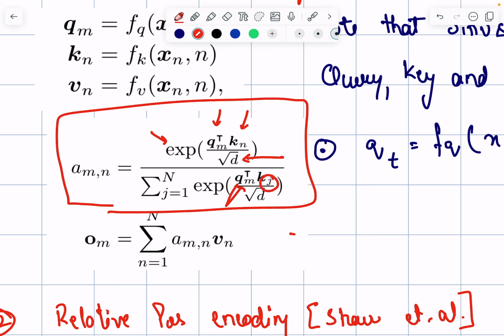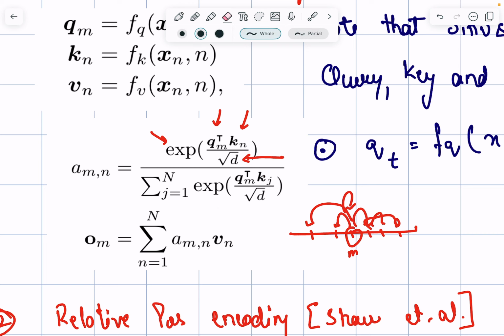Okay, so essentially what is happening, I'm just revisiting it again, is that if this is your mth query, then the mth query will have to attend on all the key values including itself, right? So that is what is happening here. We have a j vector, j value, right? And then in the end, the output at the mth token is simply a weighted sum of the values over all the n here, right? Okay,